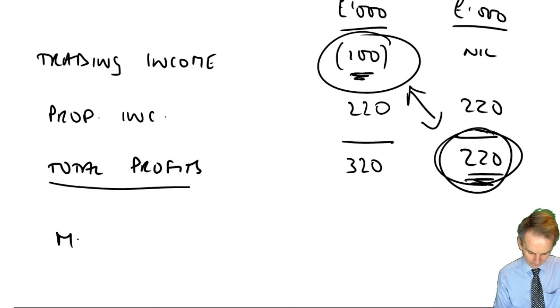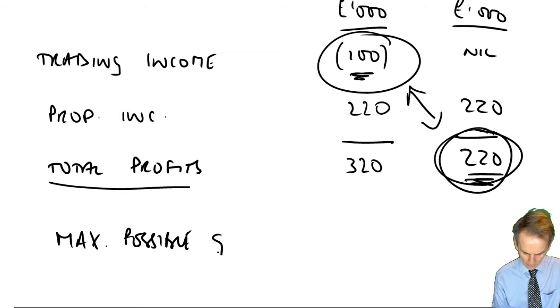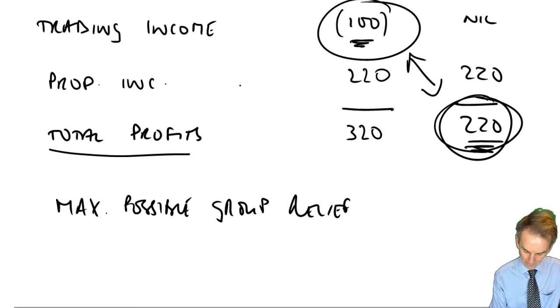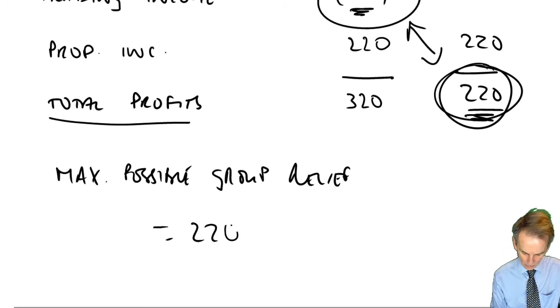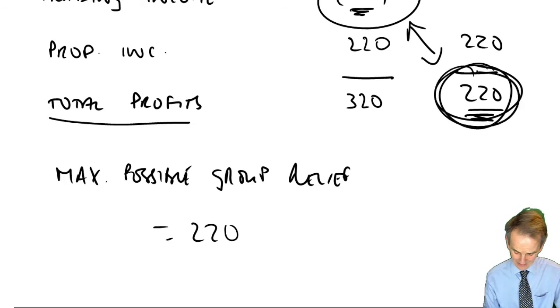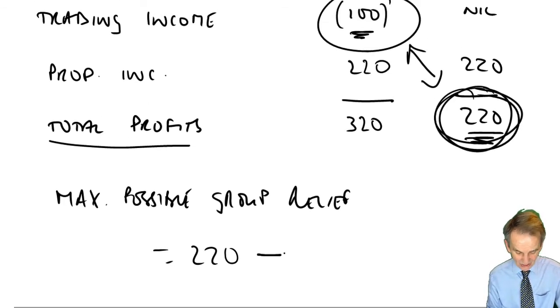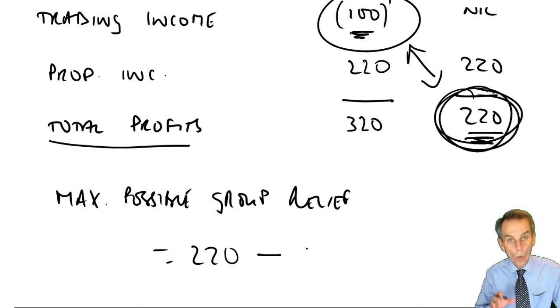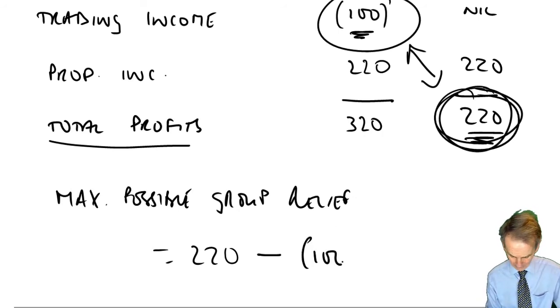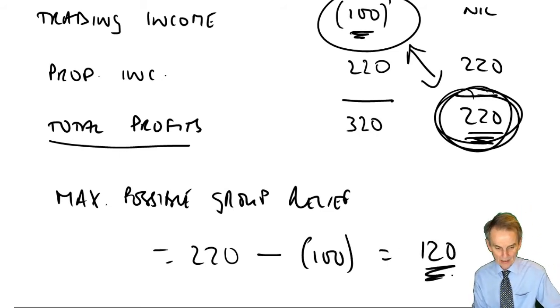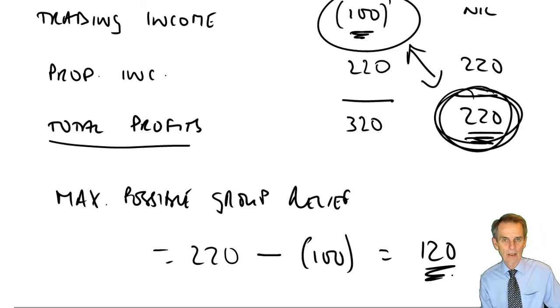So now the maximum possible group relief is going to be not the 220 TTP that it had, but minus the potential current period claim, whether you claim it or not, of 100, and that therefore would be £120,000. That'll be 120. So this is one that always poses problems for students when we start telling them that